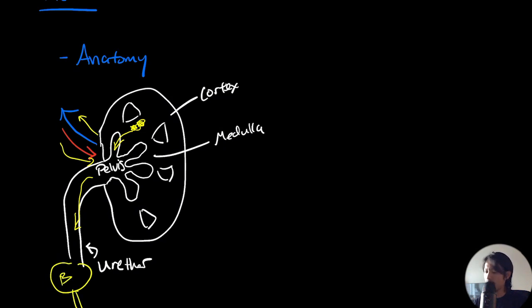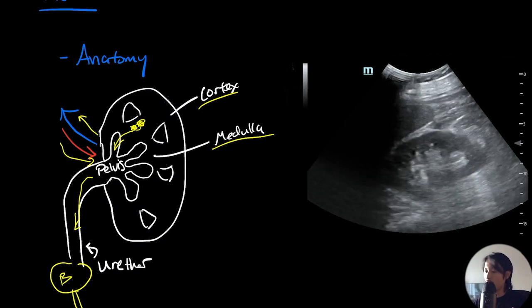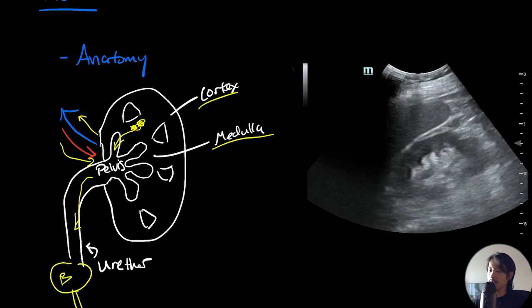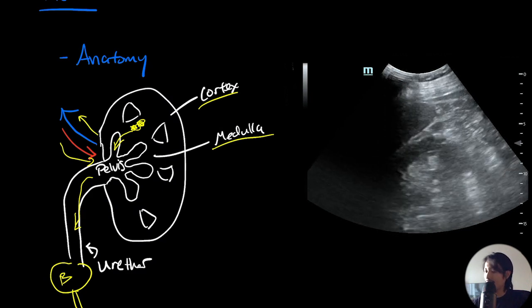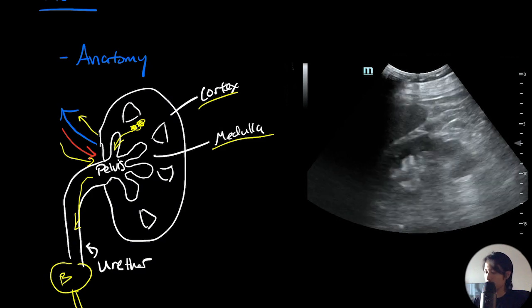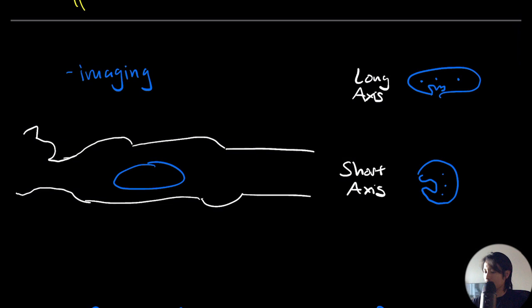urethra. In general, we have the outside of the kidney known as the cortex, and the inside is going to be our medulla. Here is a general ultrasound schema. You can see the liver right on top, the general shape of the kidney, and that pelvis in the middle. Now, when we're imaging our patients, typically we have our patients lying supine, and so our kidneys sit this way. So the kidney is an ovoid shape, and so we describe it in a long